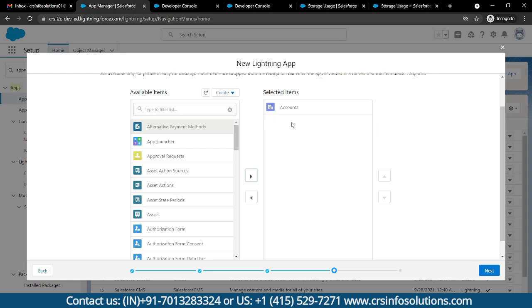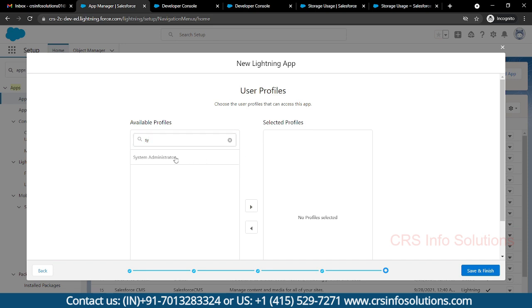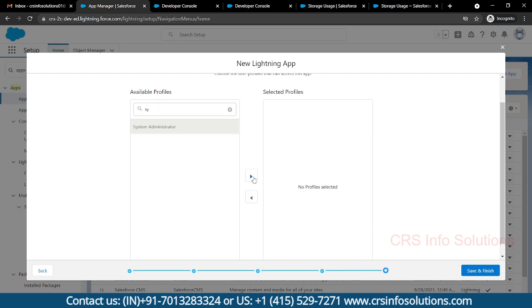After selecting accounts, you can select next, and there is a profile selection when you're creating the application. By default, Salesforce assigns the system admin profile. We can talk about profiles also later in the sessions. For the time being, you can select system administrator. After that, you need to select save and finish.